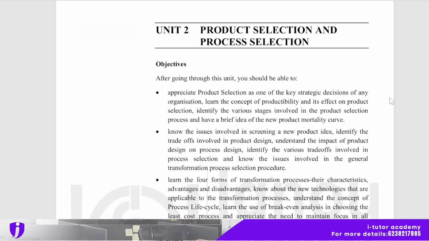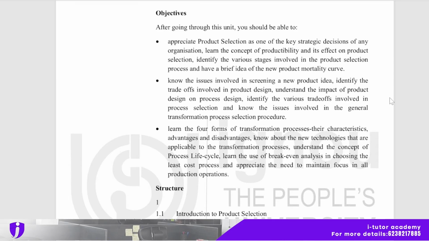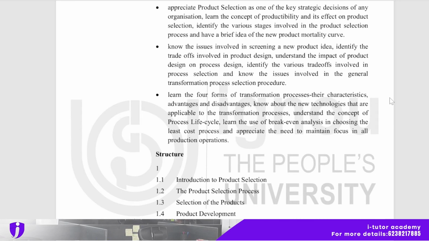The objectives of this unit are: to appreciate product selection as one of the key strategic decisions of any organization; to learn the concept of producibility and its effect on product selection; to identify the various stages involved in the product selection process and have a brief idea of the new product mortality curve; to know the issues involved in screening a new product idea; to identify the trade-offs involved in product design; to understand the impact of product design on process design;